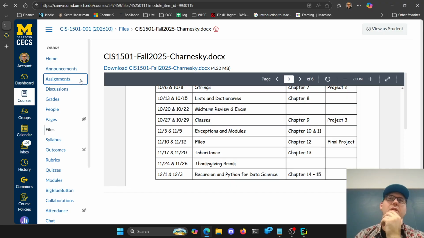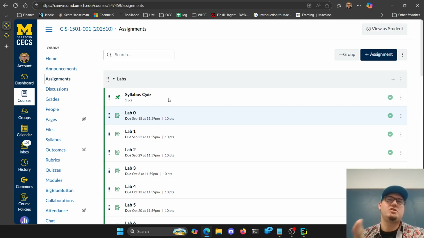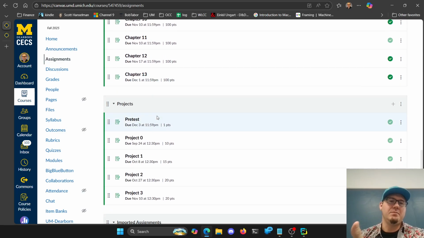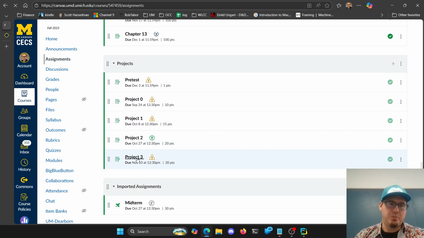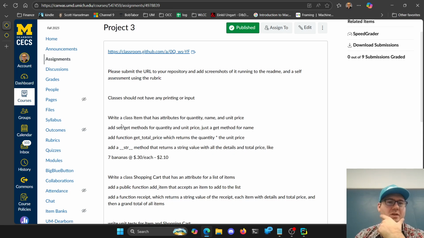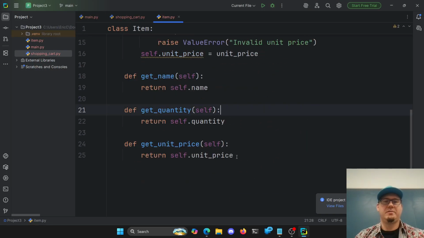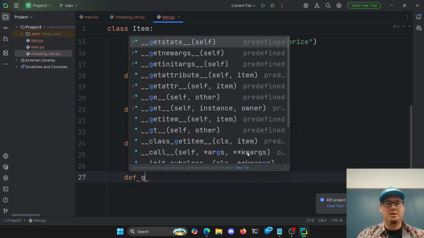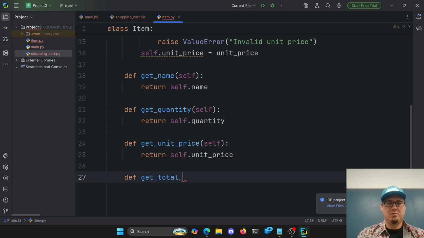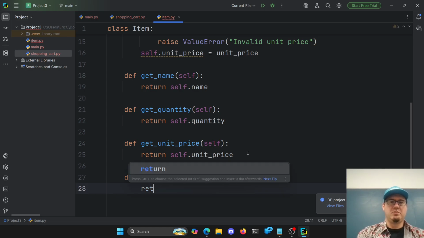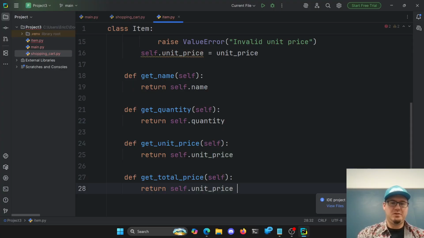The other thing it needs to do then is have the string representation. How do we represent this item as a string? Project 3, thank you. Click the right one here. Right, set and gets. Oh, get total price as well. Sorry, so we need to get total price. So define get total price. Return self.unit price times